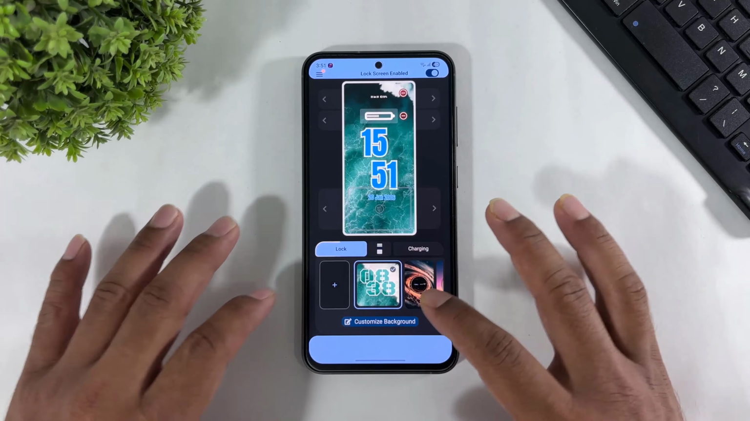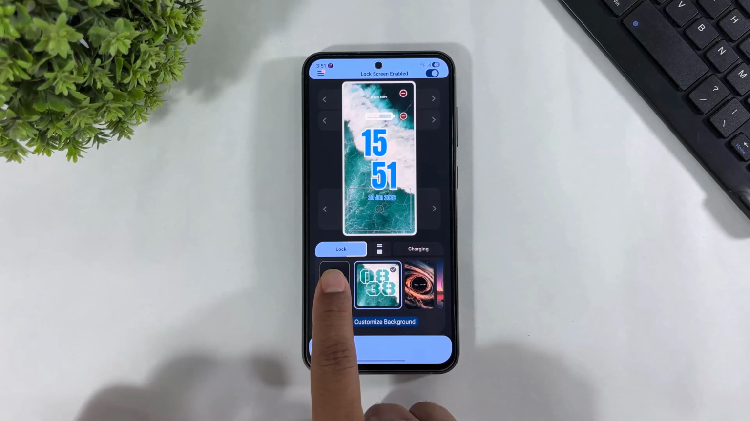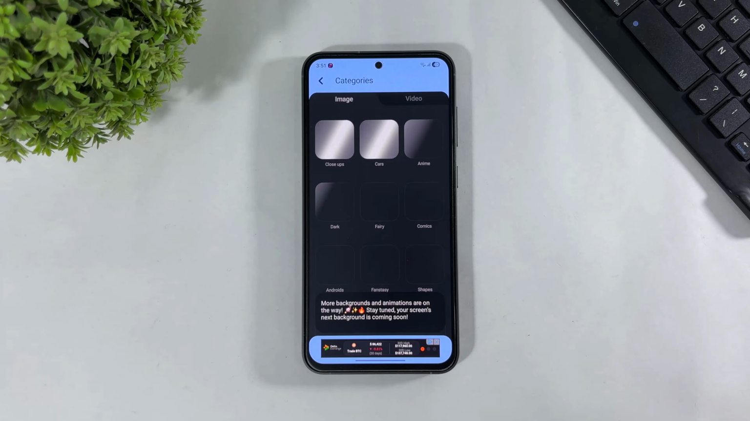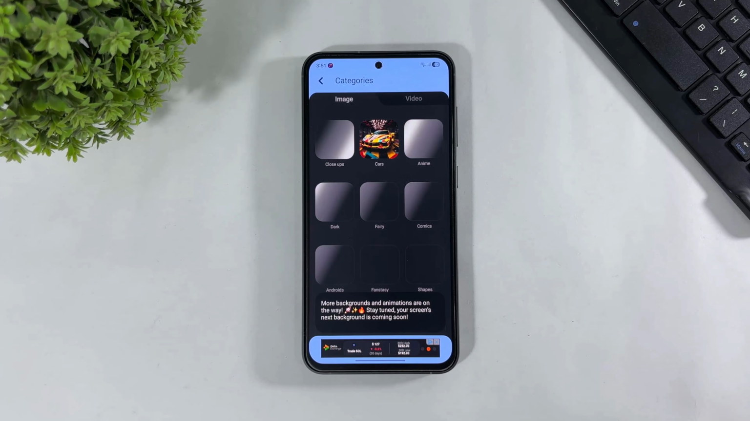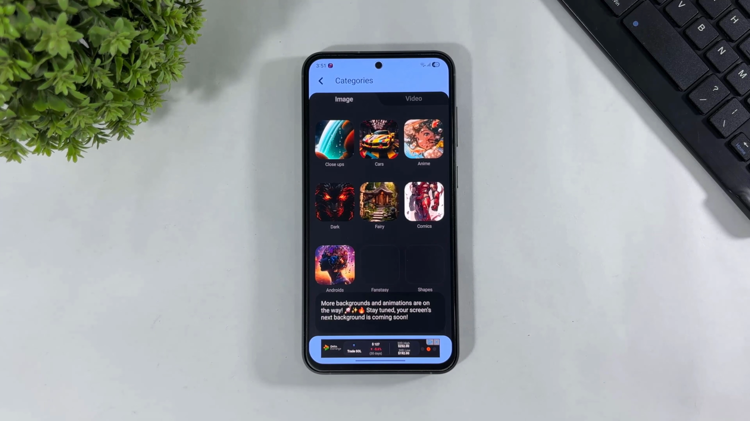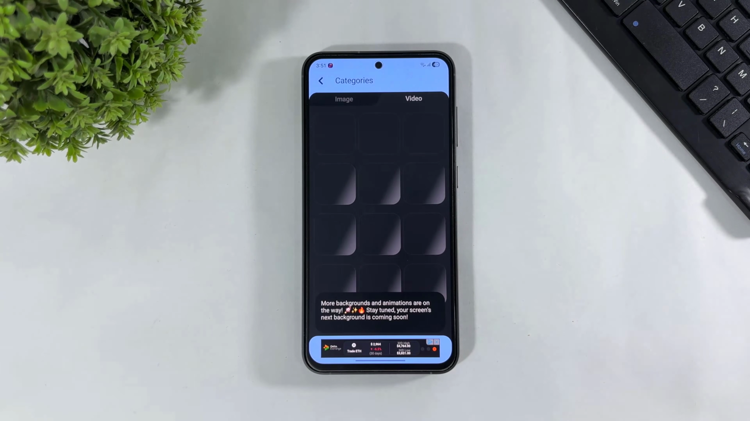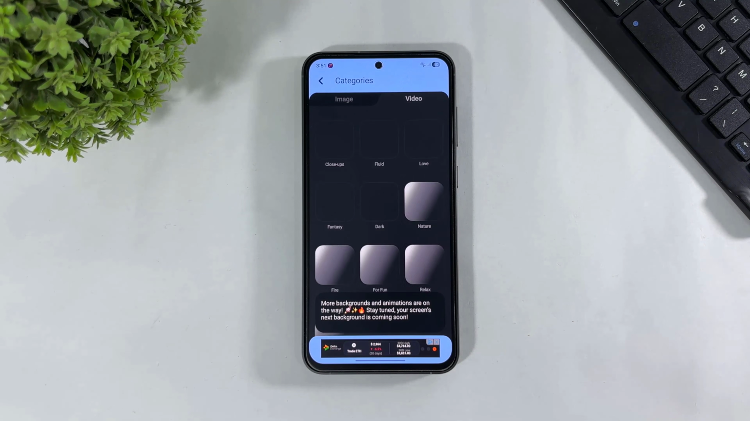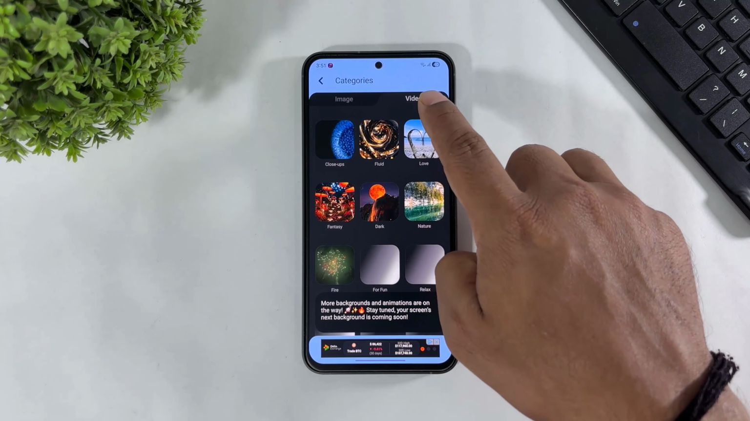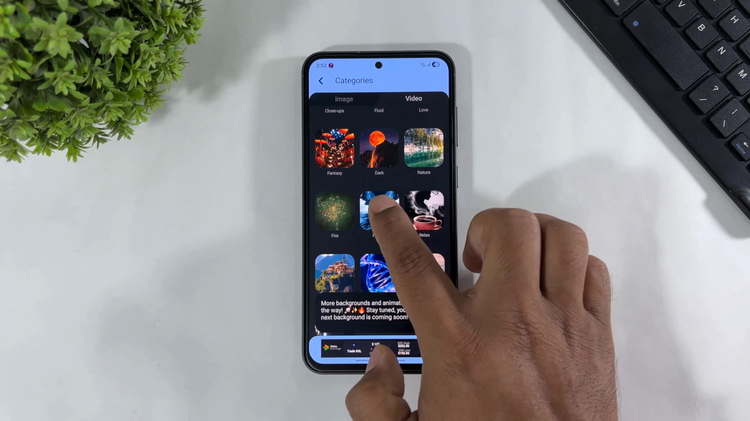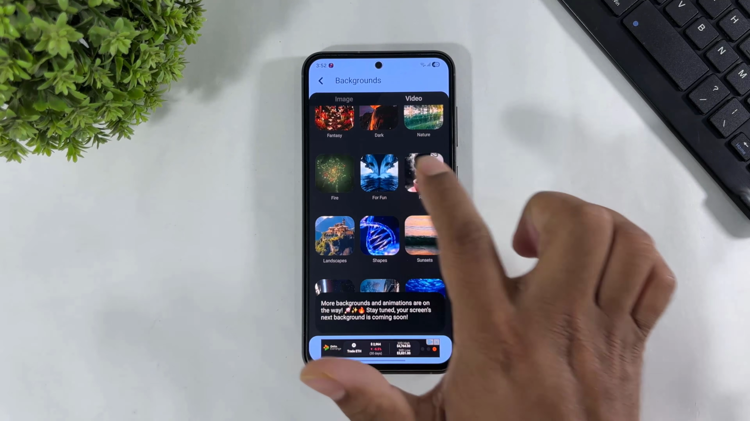Okay, let me show you more customized backgrounds. Simply tap on the plus button and look at this image and video. Guys, unfortunately, you can't set custom wallpaper or video from gallery, but many beautiful images and videos are available in many categories on this app. Look at this in the video section, all categories. If I select any one category,